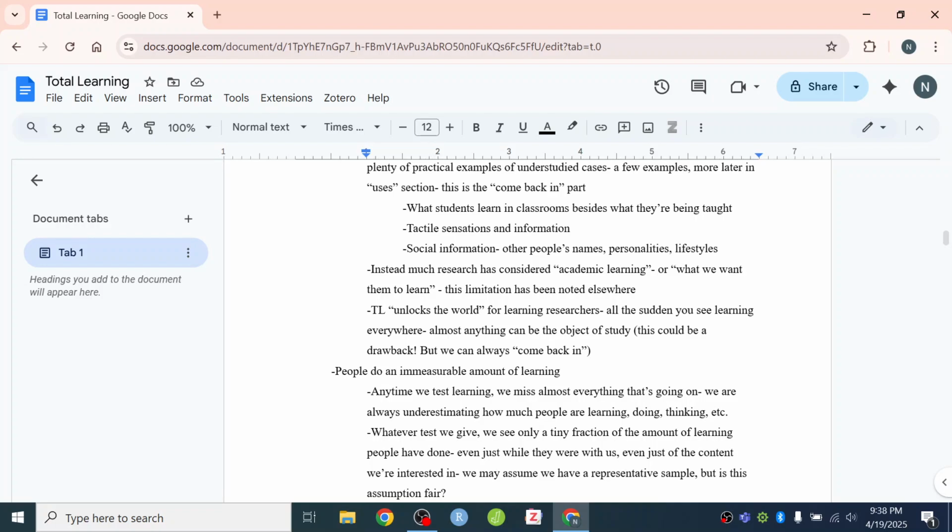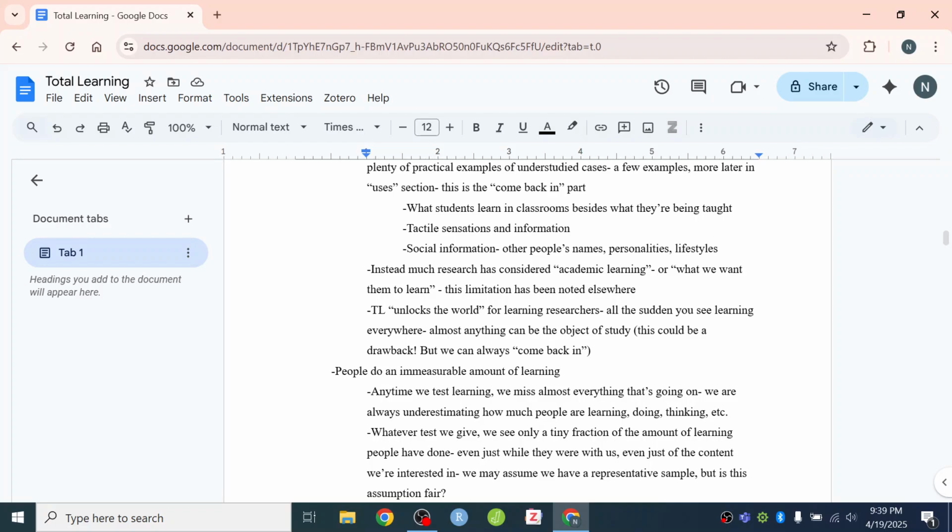What if really their issue is that they have trouble understanding the phrasing of these English sentences? The algebra concepts they actually did learn. But my test does not give me a representative sample. It has a sampling bias. Again, these issues have been raised elsewhere as well. And indeed, those conversations are informing the total learning conversation that we're having right now. I don't get these ideas from nowhere. But I'll discuss that issue more later.